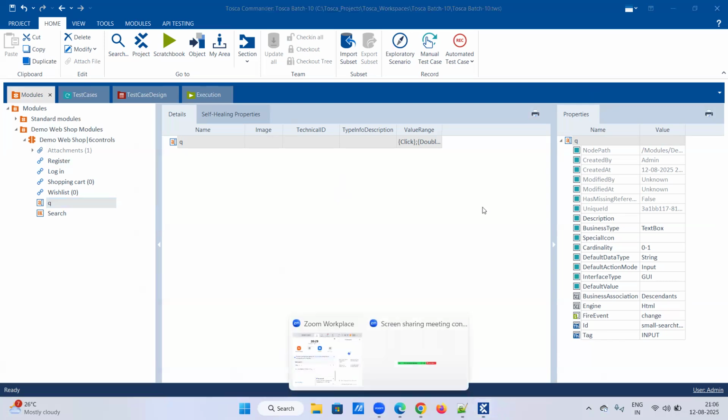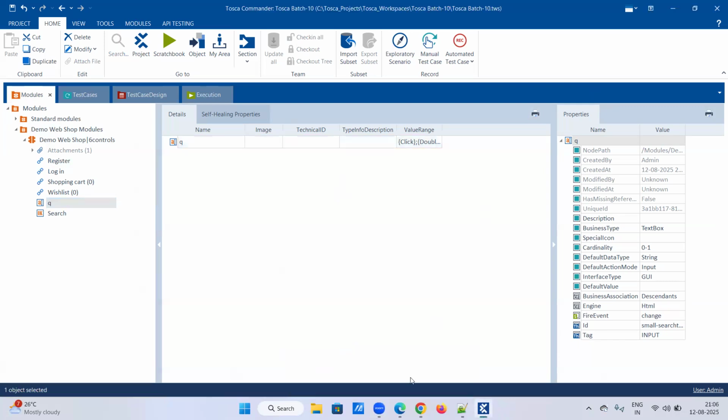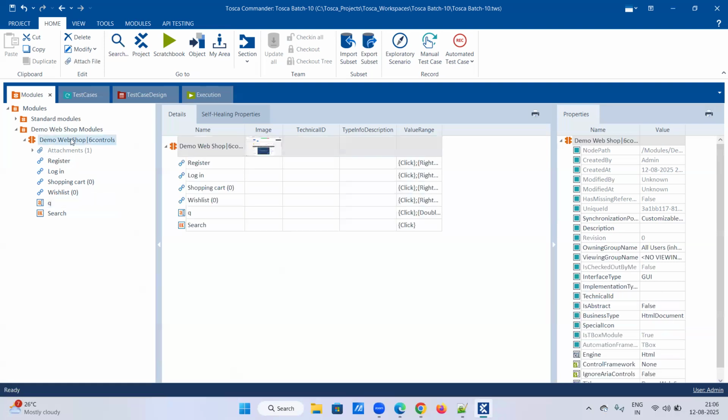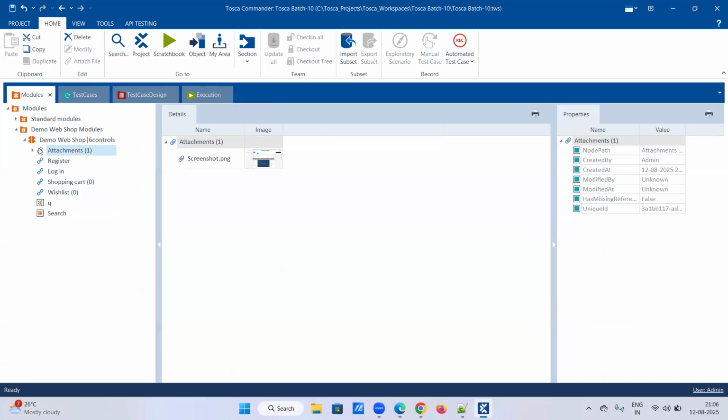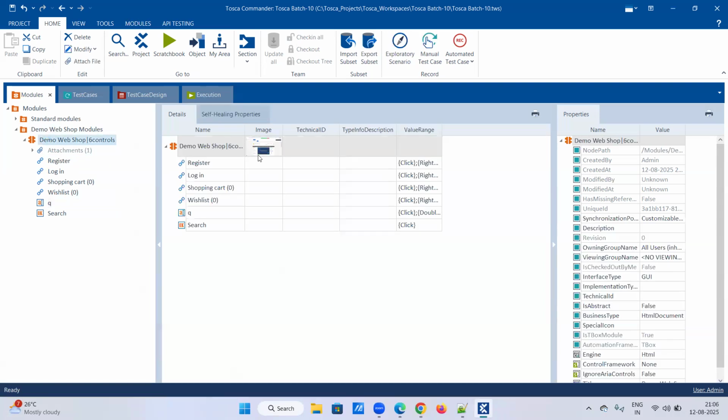I have one doubt. There is an extra element like attachments. Why is it added here without selecting it? Attachments, the first one. Okay, this attachment is the image. Automatically it is taken as a screenshot when you created the module. So when you double click on that,